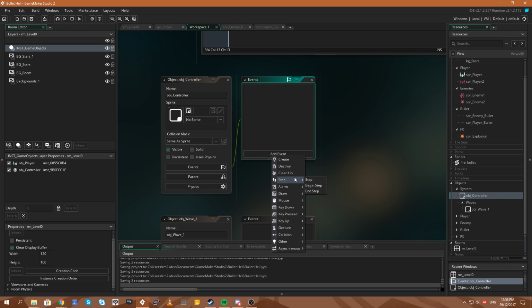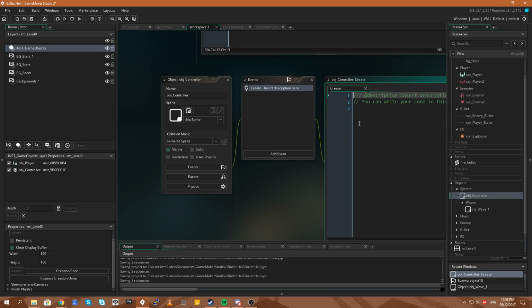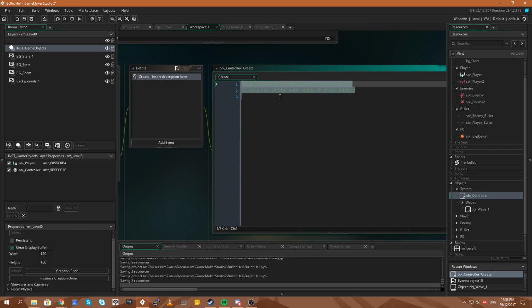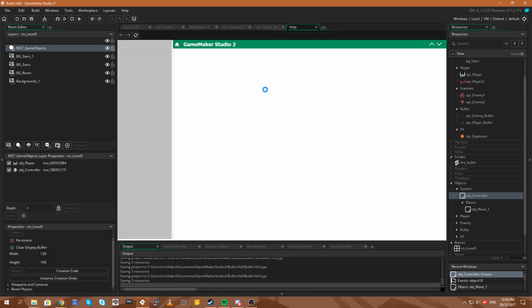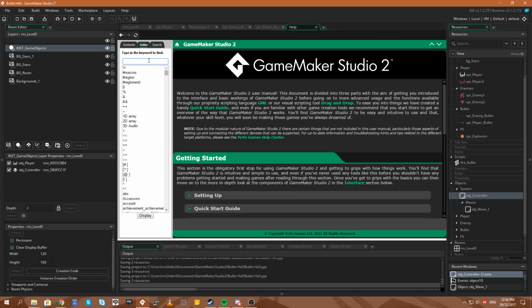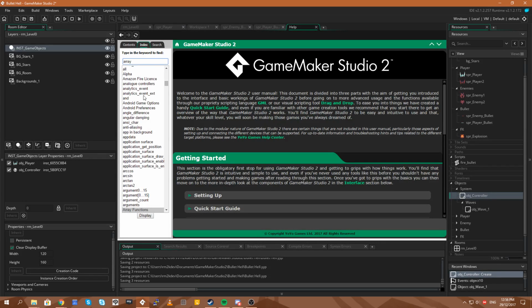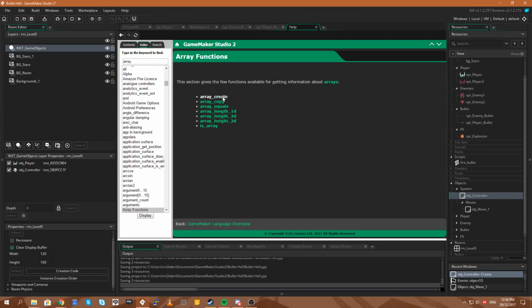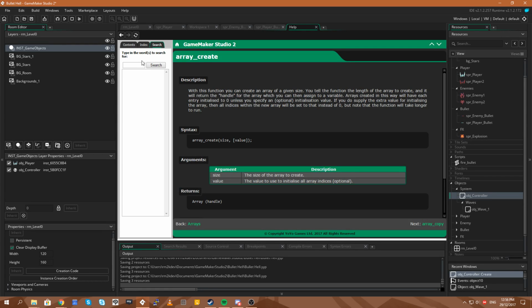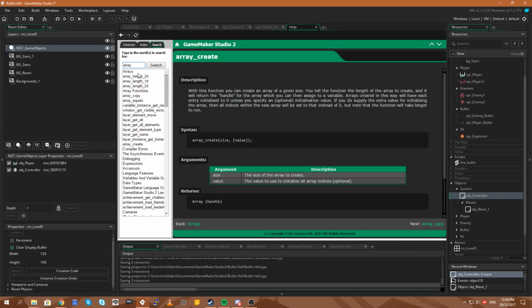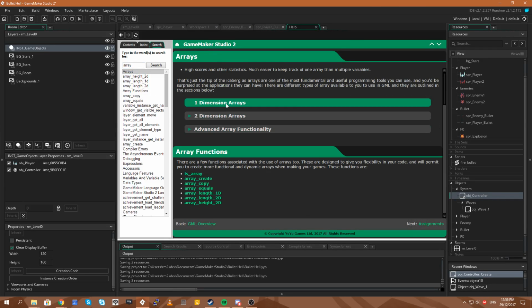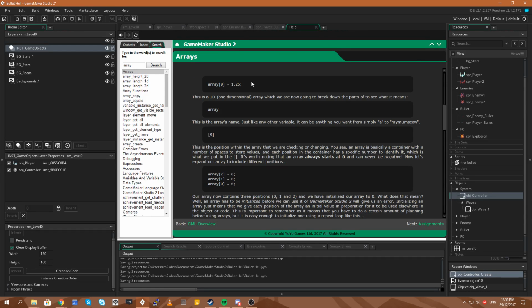So wave 1, we can create an array. Here we go. Let's do this. Let's create an array of waves. So we'll say waves equals... Jesus, how do you do arrays in Game Maker? I'm used to JavaScript. Array functions. Array create. No, that's not what I want. I want just an inline array. One-dimensional array. There we go.